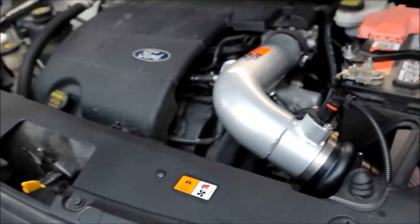That's fine. That's good too. Harness is good. And I had no check engine lights on the dash, so I'm just going to take it for